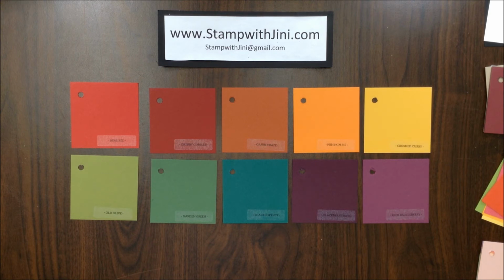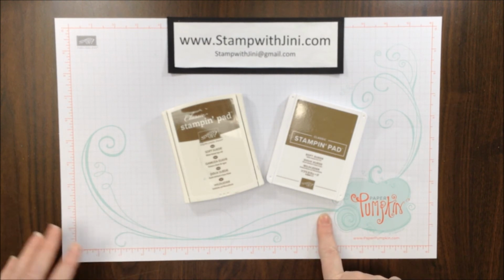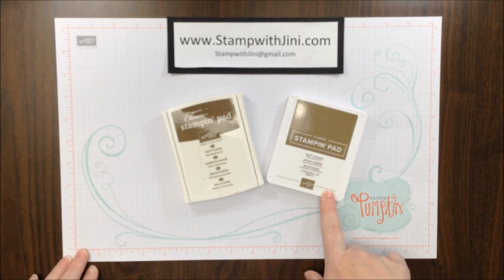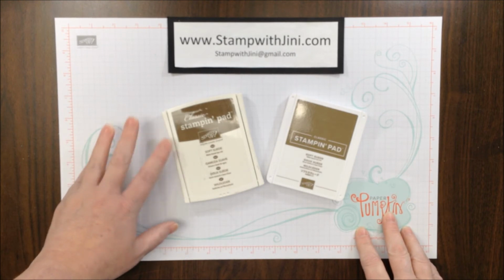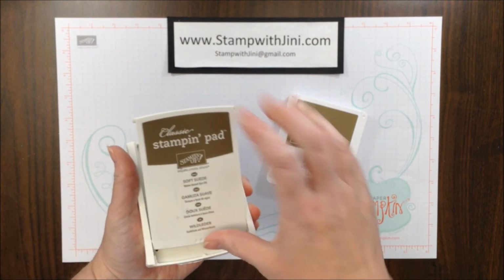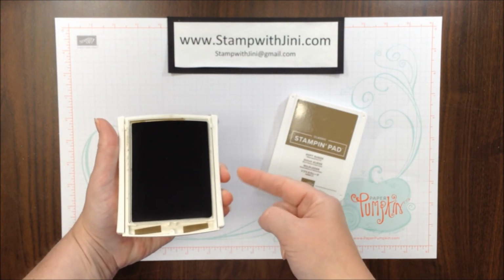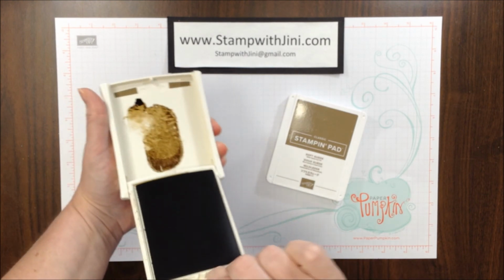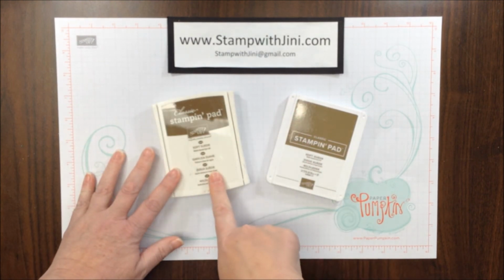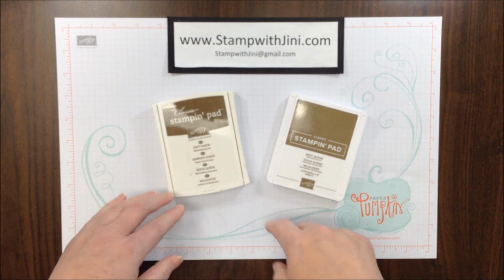Now let me show you the new ink pads. Here's our new ink pad. I was so excited when at On Stage they gave a new ink pad to every leader so that we could share them with you. Our retiring ink pad style is here on the left, and as always you push, you flip, and you slide in order to get the ink. And the ink, of course, is stored upside down, so the ink is on the top, ready to go every time. Stampin' Up! explained to us that the mold for this needed to be replaced, and so with the